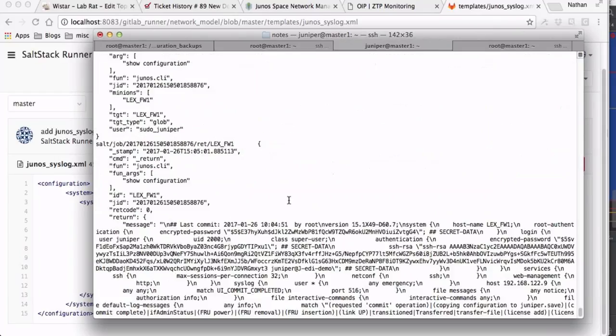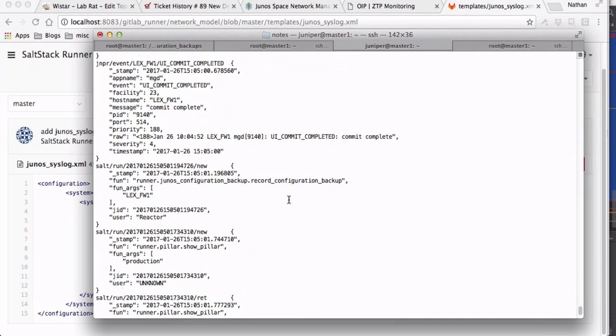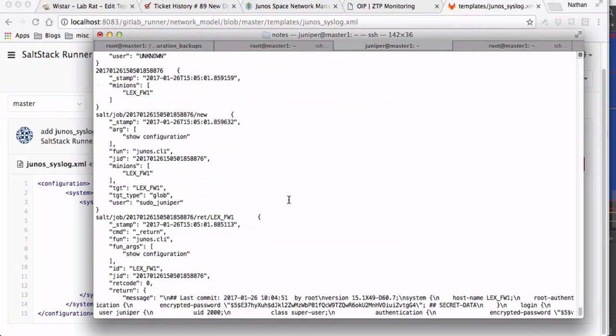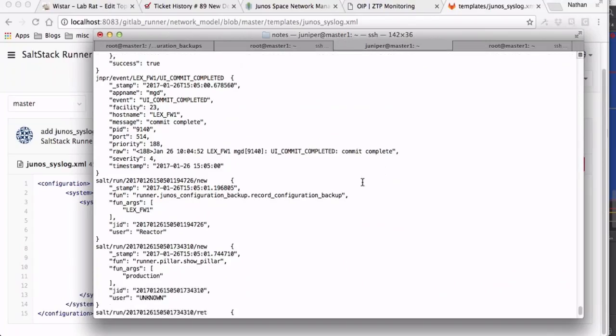So let's just back up here a little bit. And indeed, what we should see, where was it? Here we go. Juniper event Lex Firewall 1 UI commit completed. So this event was put on the event bus. And then what we see is our reactor system found that, and then it launched this Junos config backup